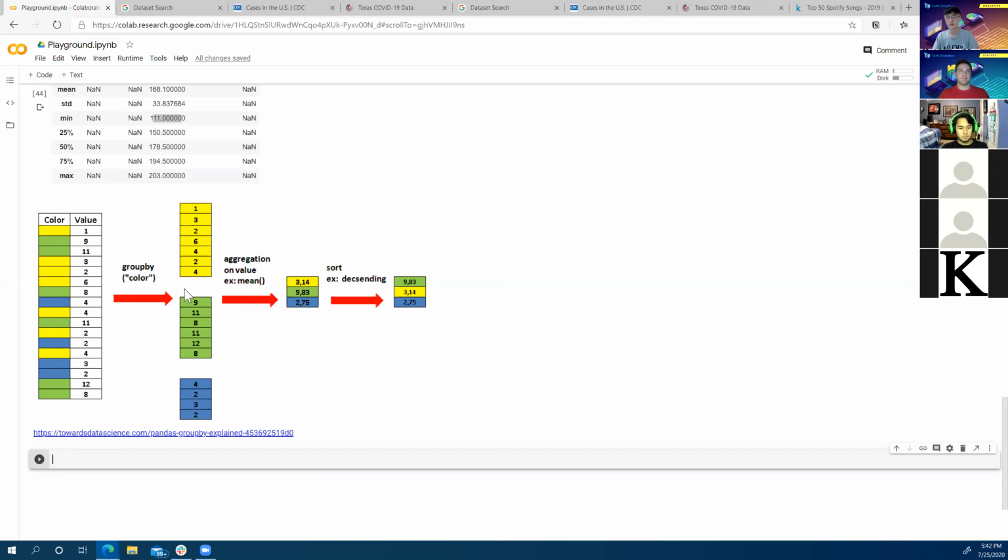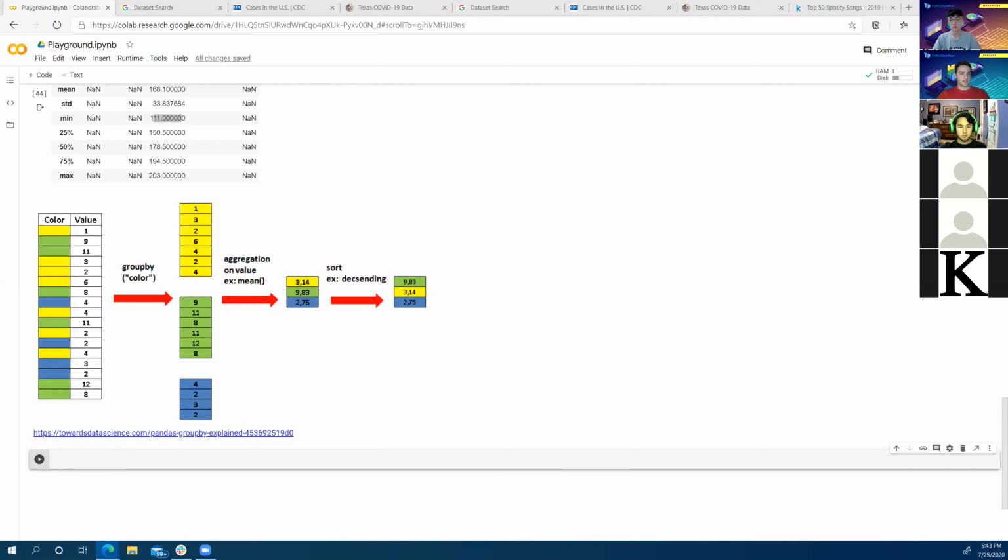Something like mean or sum or median or mode, there are all these different ways to take objects that have been grouped together and then perform an operation on each of those groups. And then it outputs the result. So this is the second step. Third step, it outputs the result of that aggregation function for each of those categories. And then if you want, you can sort them, which is what the picture here has, but I don't think we're going to do that. So let's look at an example.